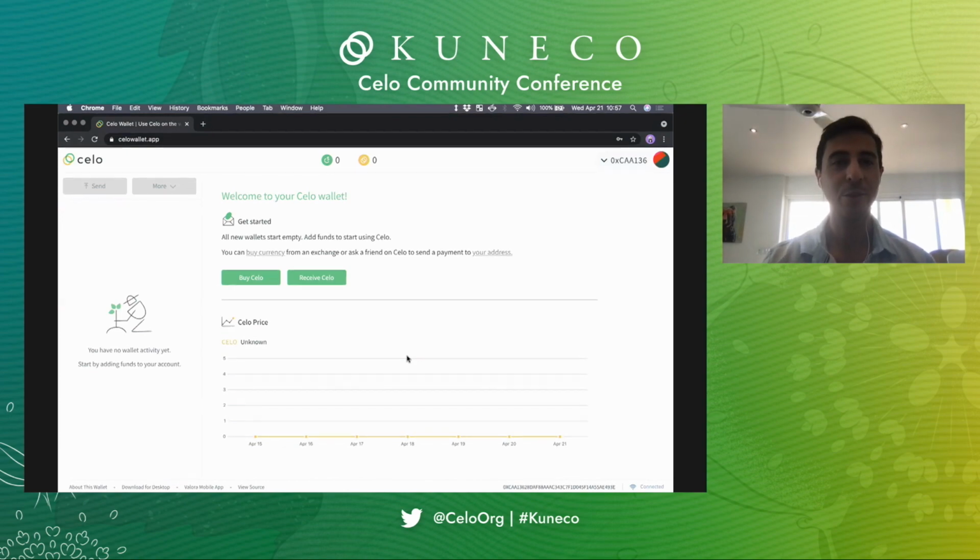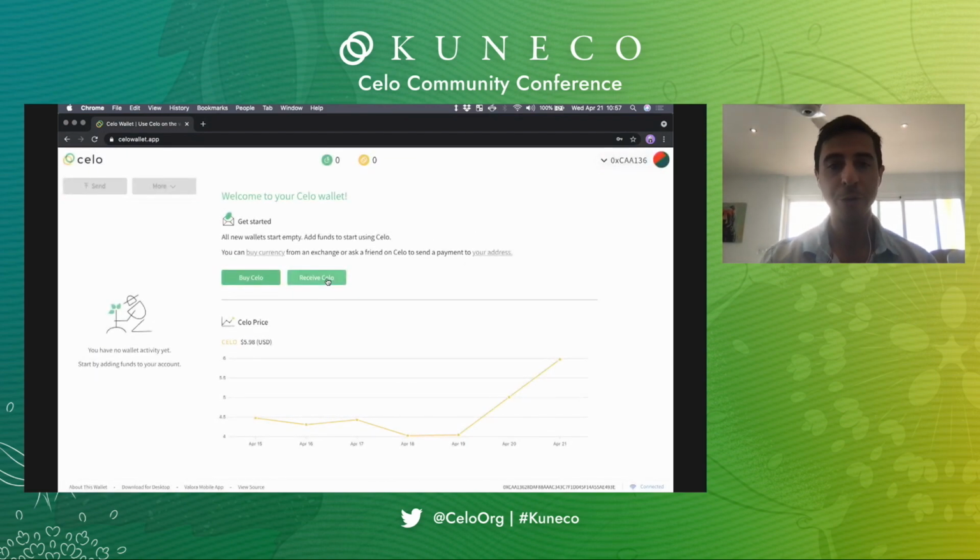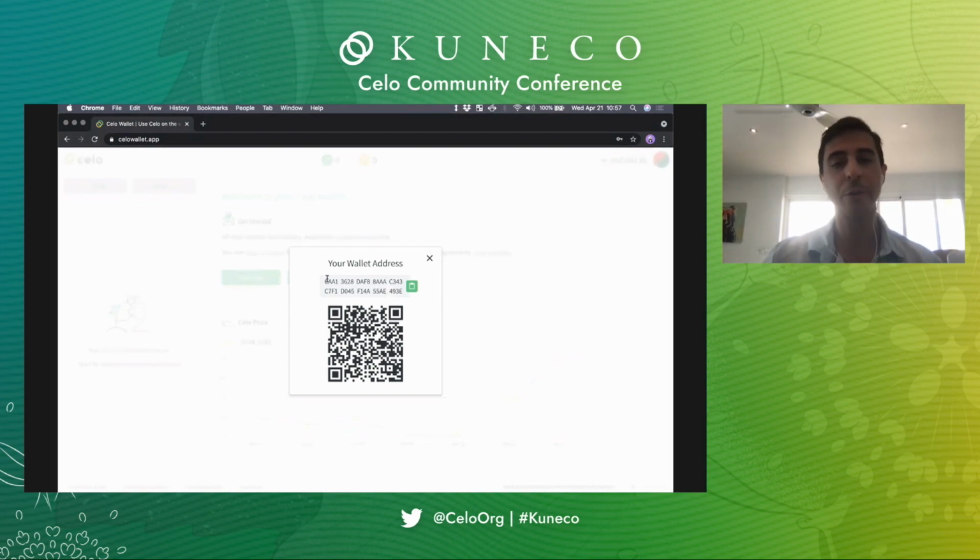Okay, here's the wallet landing page. And we're going to see a few things. We're going to see a steep rise in the price of Celo, which is exciting, down here. And we're going to see here at the top some options to fund the wallet. If we choose buy, this is just going to link to a couple of reputable exchanges that you can use to buy some currency and transfer it in. Or if you choose the receive option, you're going to see your QR code and address.